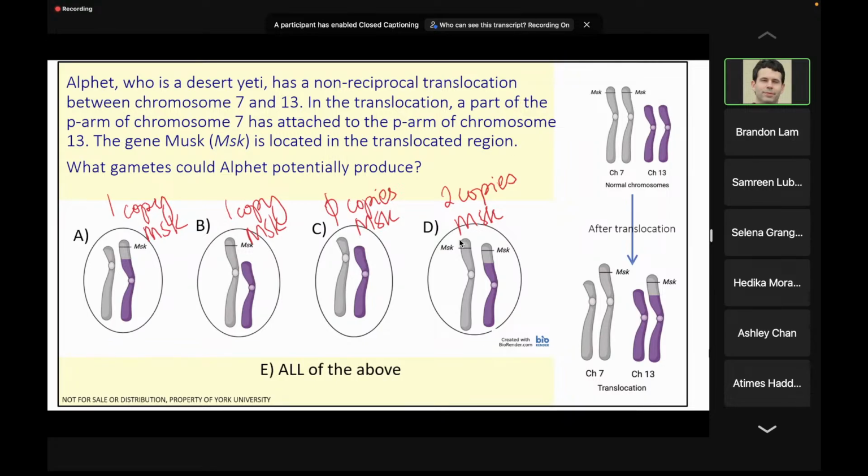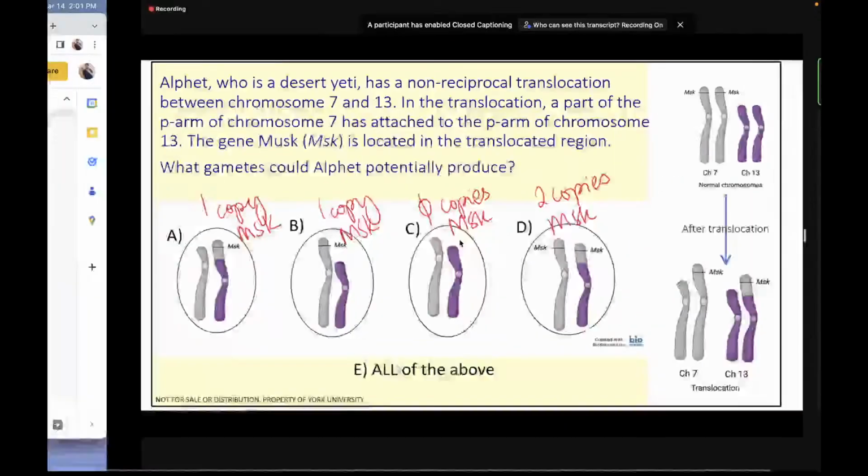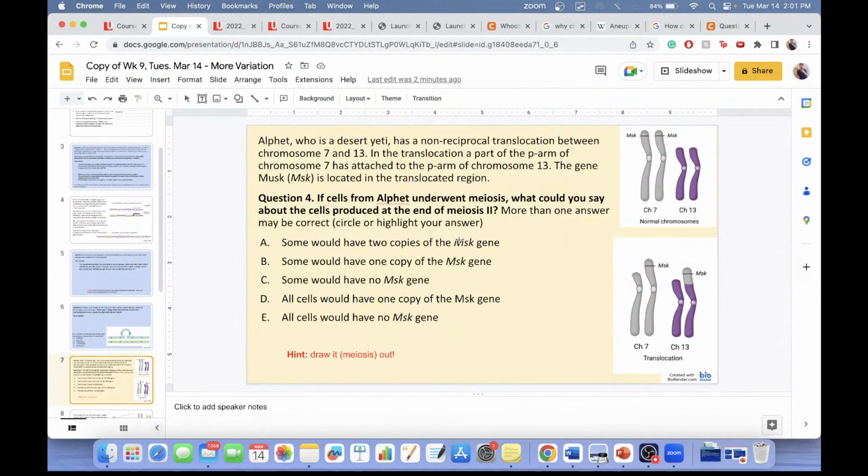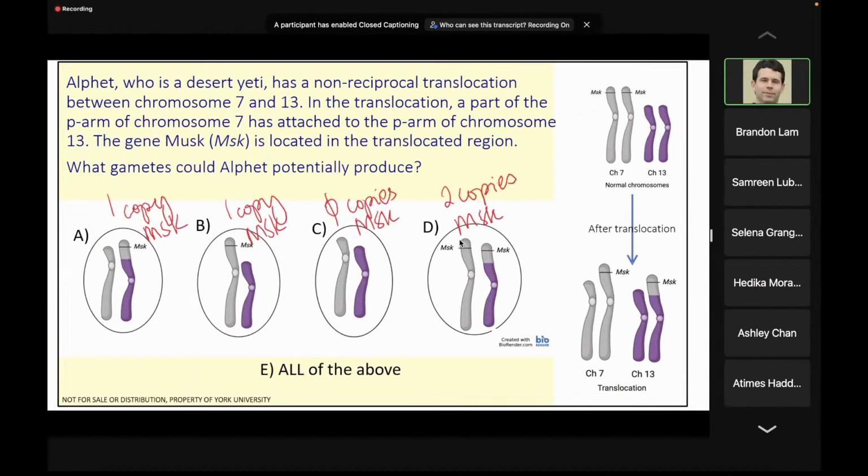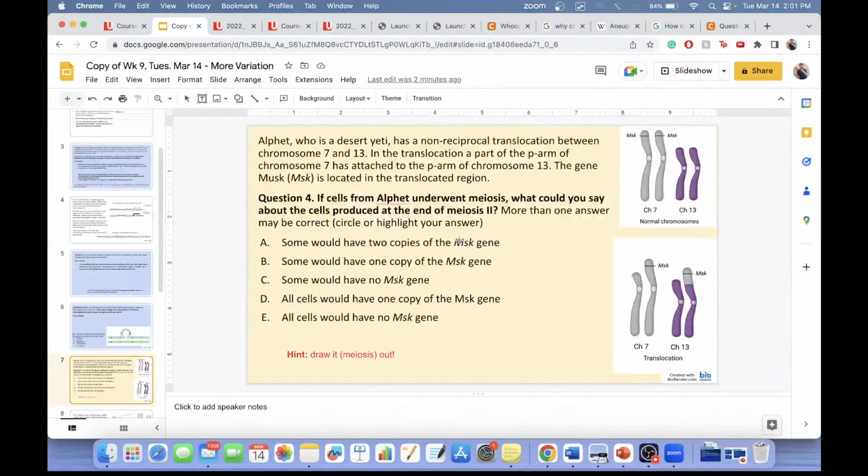53% of the class is saying E. Alphet could produce all of these gametes. Okay, so keep in mind we're looking at two different chromosomes here, right? Chromosome 7 and chromosome 13. So this is not like showing you non-disjunction in that this is a chromosome 7 here and this is a chromosome 13, but there was a translocation event, right? So